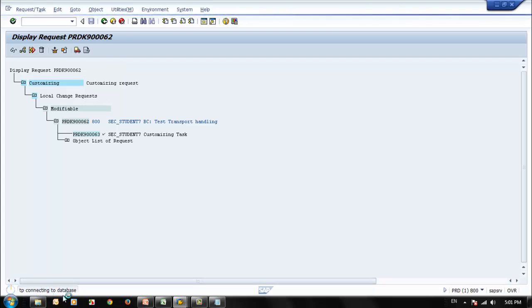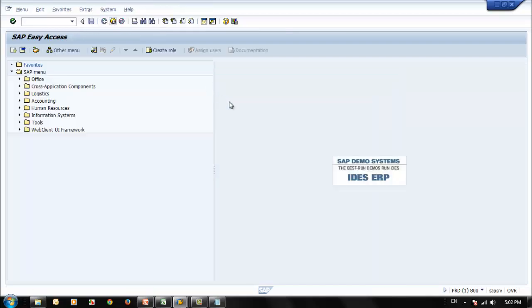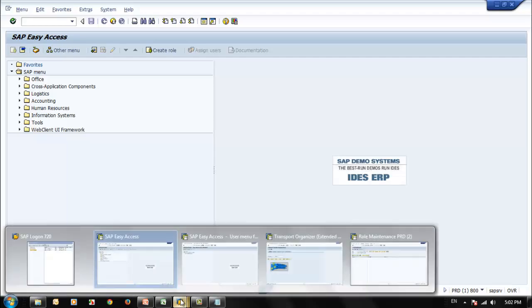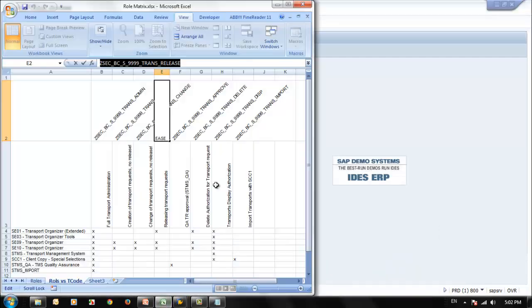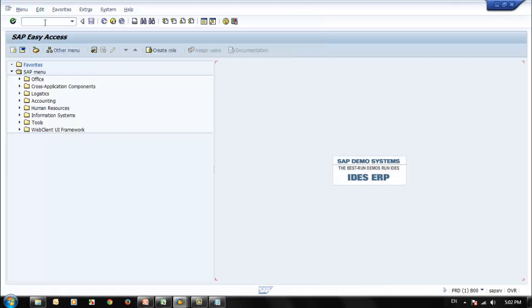Now we can see it is creating the data. Now it says it has been released. Okay, like this we can create all other roles for transport management. We can create the role for QA, as well as the role for approval and display transport and SCC1. So SCC1 is basically